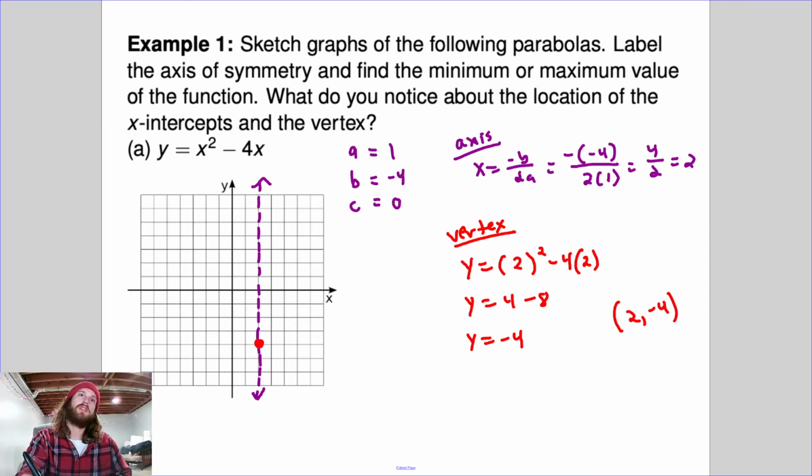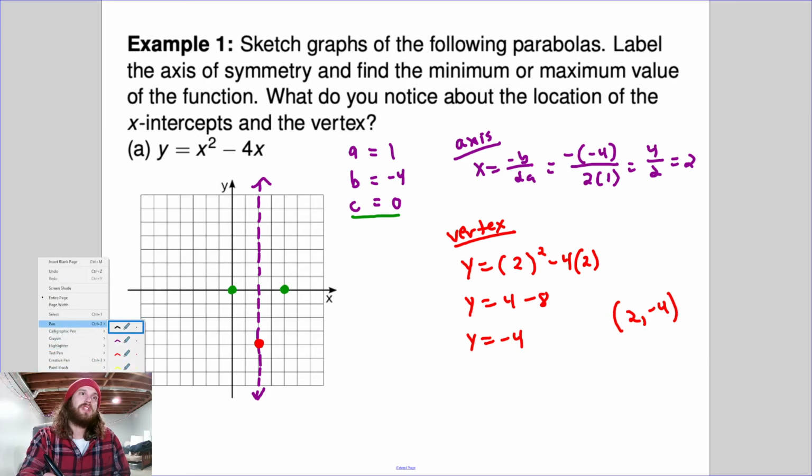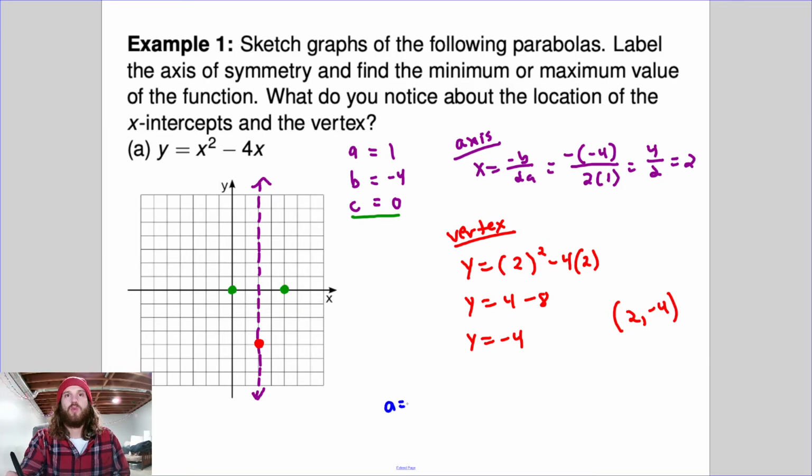Okay, but now we need some more points from our graph. The easy one to get, if you wanted to do a real basic graph, is the y-intercept, which is always c, and c is 0, so we know that this crosses right about here. Now, really, you need one more point, and we can reflect that point once we have that. The way that I would get those points is probably by using the shape. We know that a equals 1, which means this has the same shape as the parent function. Looks just like the parent function. The parent function is over 1, so 1 squared is 1, 2 squared is 4, 3 squared is